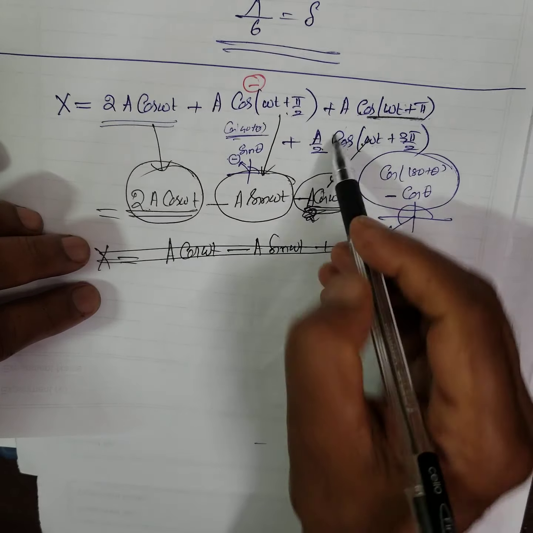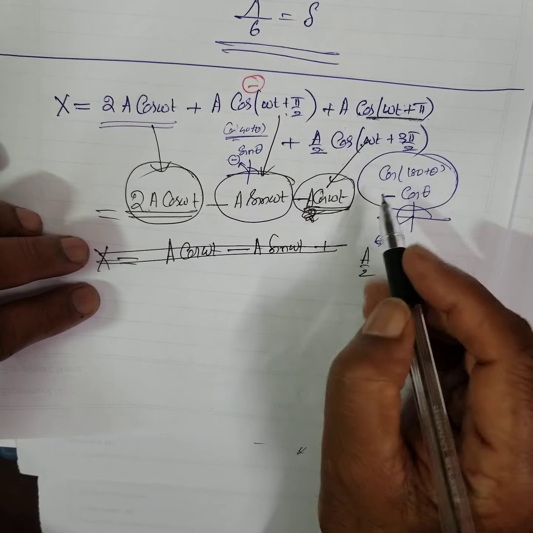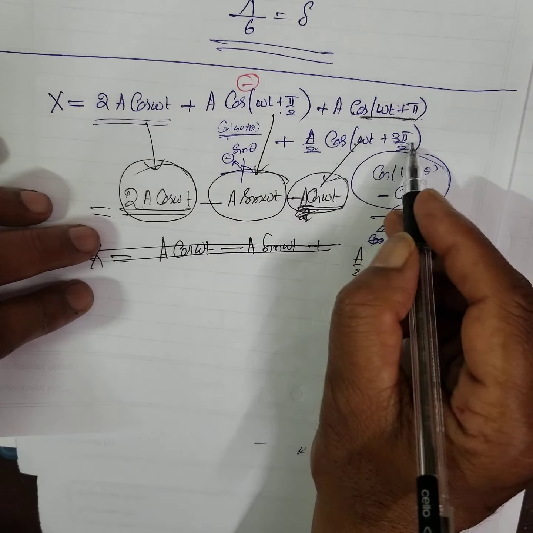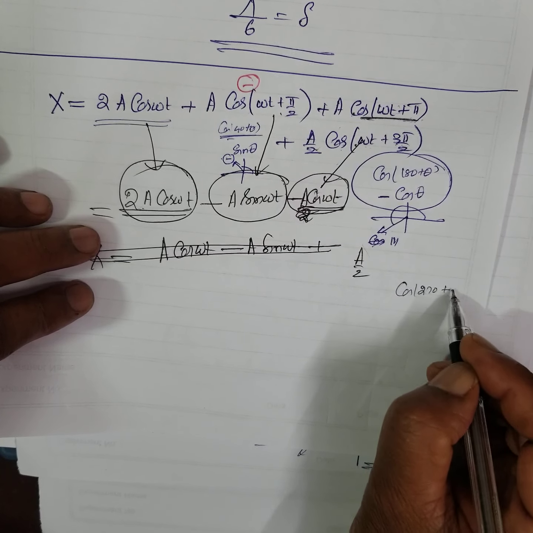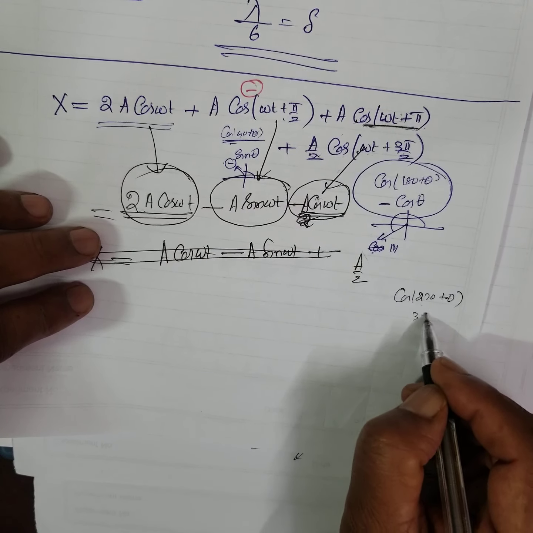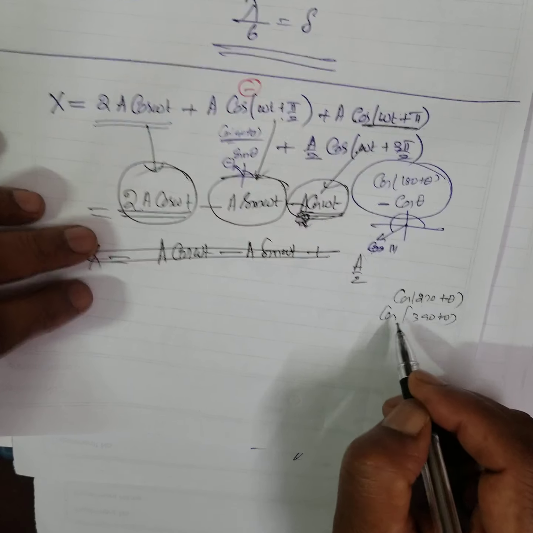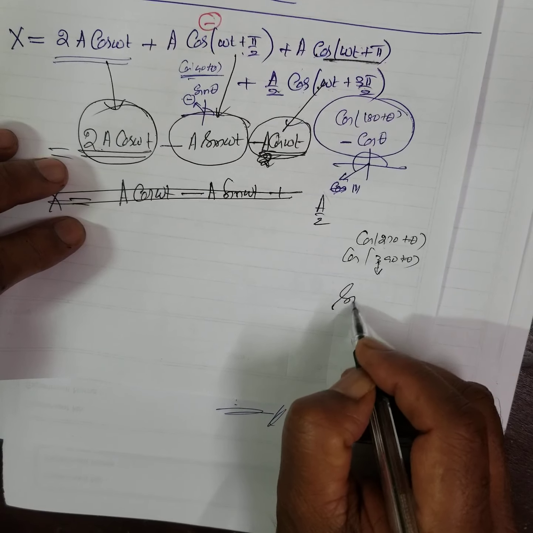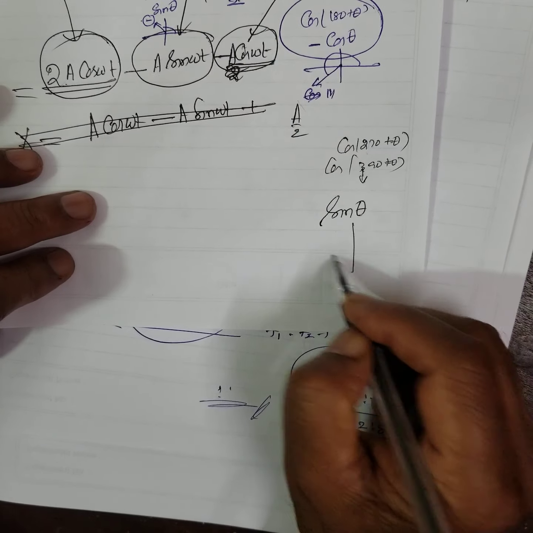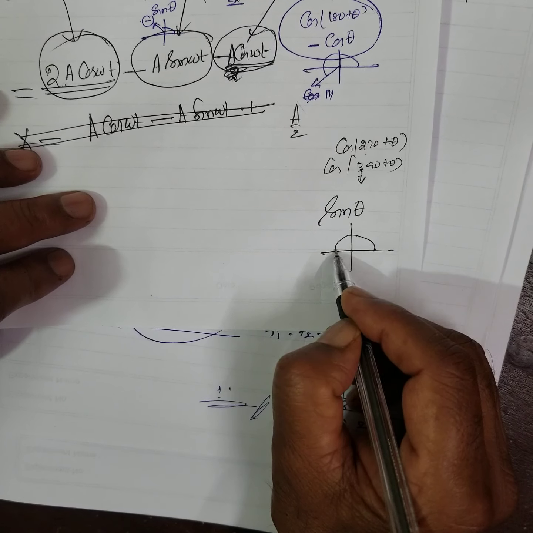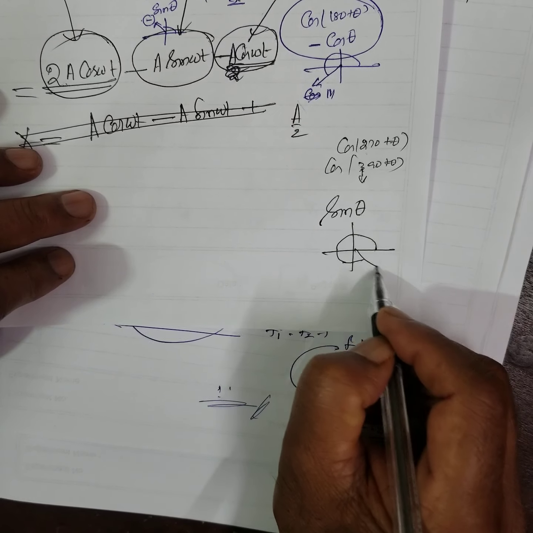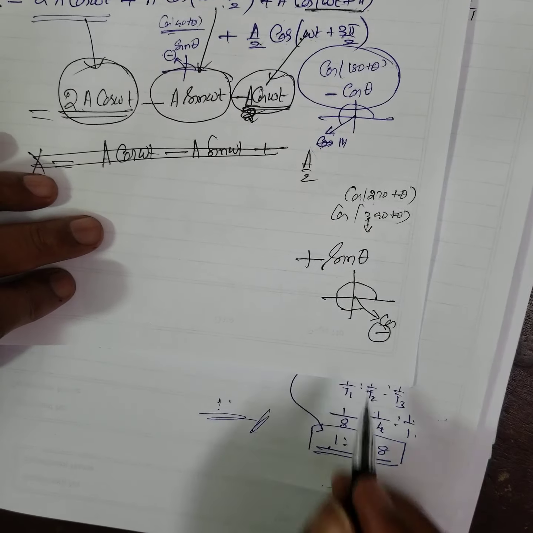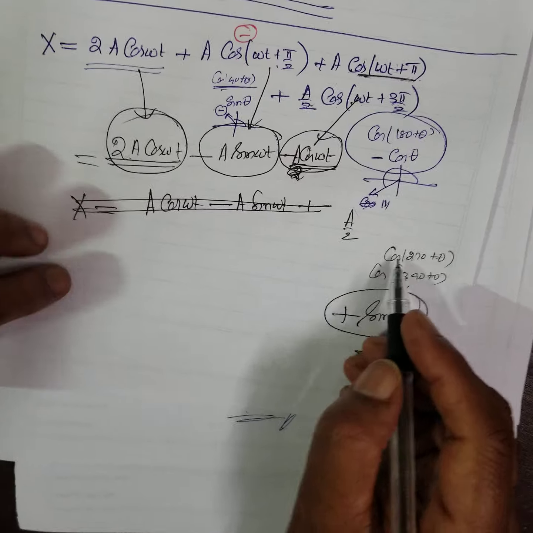That is what? A by 2, a by 2 cos 3 pi by 2. That means cos 270, 270 plus theta, 3 into 90 plus theta. Whenever you get 3, this is called odd. Cos changes to sin theta, correct? Sin theta. Therefore, which quadrant does it come in? Cos comes in the fourth quadrant. Therefore, it is going to be a plus. Therefore, plus sin theta. Therefore, I will write it all.